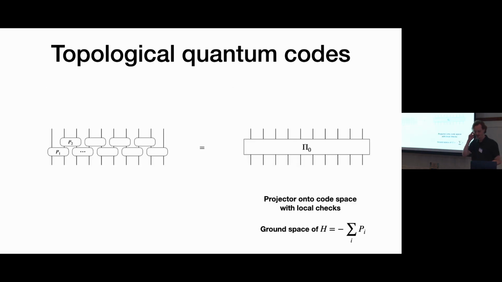Okay, a little bit more detail about how to define a topological quantum code. Here's a toy picture I drew in 1D, although these things generally live in 2 dimensions or higher. These code spaces, which you can think of as the ground space of some Hamiltonian, are defined by a product of local checks. So you have these projectors locally onto satisfying the check. These all build up into a big projector onto your code space. And your Hamiltonian, which stabilizes this code space, let's assume everything commutes for simplicity, is just the minus sum over all of these checks. So when you satisfy them all, you're going to be in the lowest energy eigenstate of this Hamiltonian.